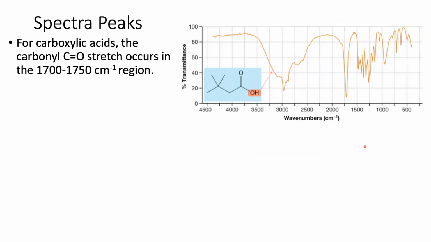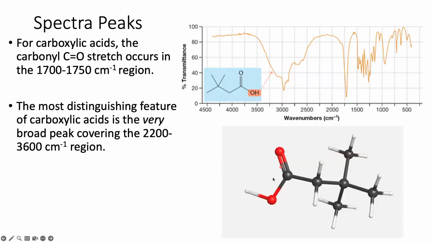Now, another major type of carbonyl functional group is going to be our carboxylic acid. So in this case, we're going to have our CO double bond stretch, again, in that same carbonyl region. This one tends to be a little bit higher in the 1700, 1750 region, so a little bit higher energy. The big distinguishing feature of the carboxylic acid is going to be that OH bond. So these tend to be very broad. And so as you see here, they can go all the way up to about 3600 and down to about